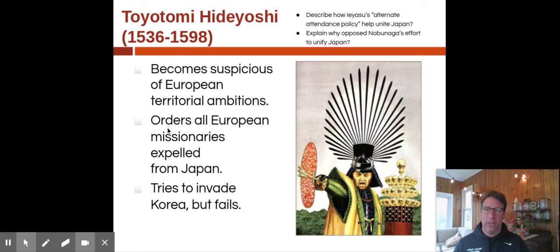So we have Toyotomi Hideyoshi, who's going to be the second unifier. He's going to take over after Nobunaga, and he's going to order all the European missionaries expelled from Japan. As the Portuguese are coming in and bringing in missionaries, there's going to be this pushback against Christianity by the powers that be. Some of the peasants are going to welcome it, but the larger shogun and emperor powers are going to push back against this. Hideyoshi will take some of that unification a little bit further,